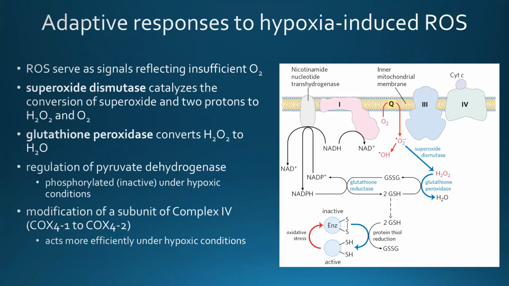This diagram, which is in your textbook, indicates that one of the common molecules involved in these steps is glutathione. So glutathione has a thiol group that can be oxidized to a disulfide group, and those can therefore be used to get rid of the reactive oxygen species. That's the end of electron transport, oxidative phosphorylation, and ATP synthase.